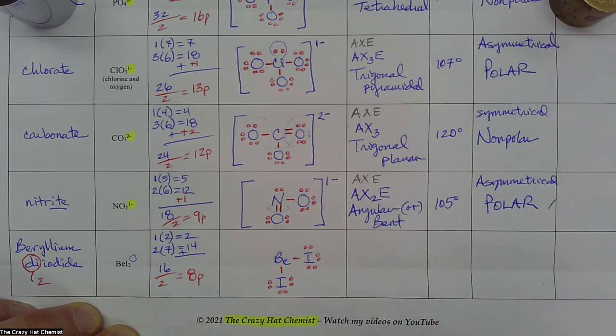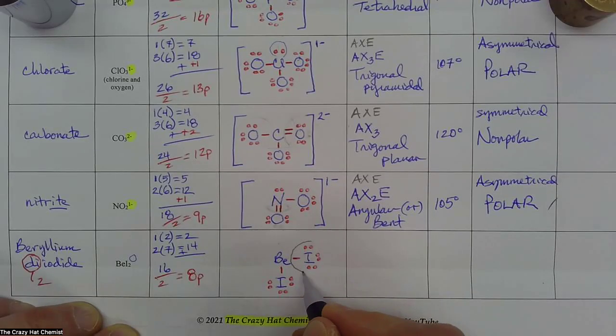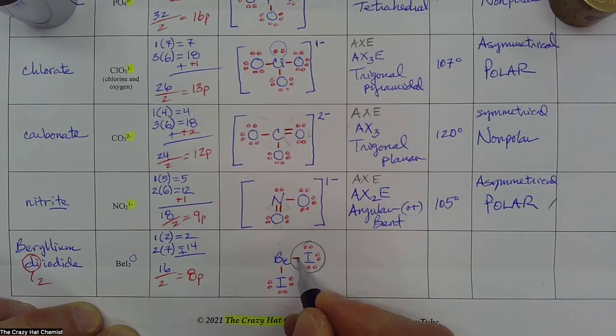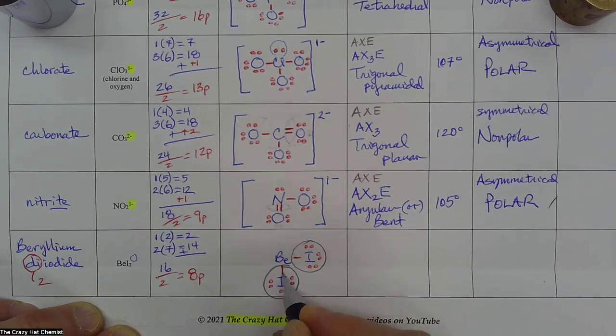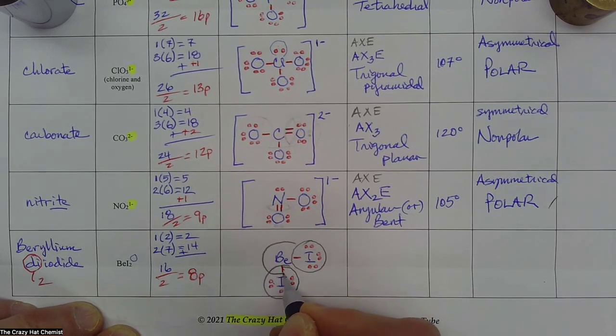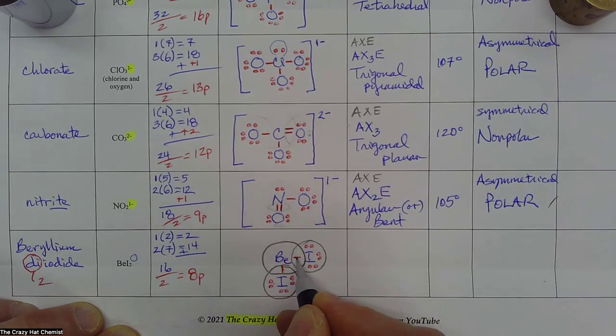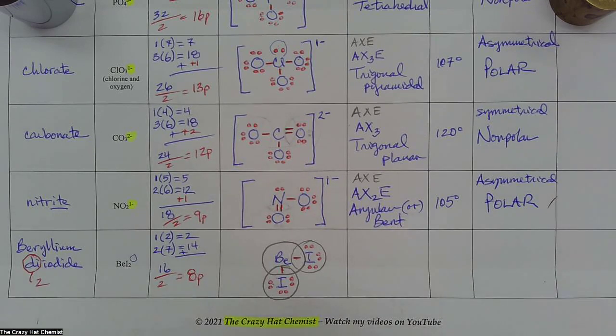All right, now we're going to circle these here. That's 2, 4, 6, 8. That's an octet. That's fantastic. And then the beryllium, that's 2, 4. Ooh, uh-oh. That's not an octet. So question is,